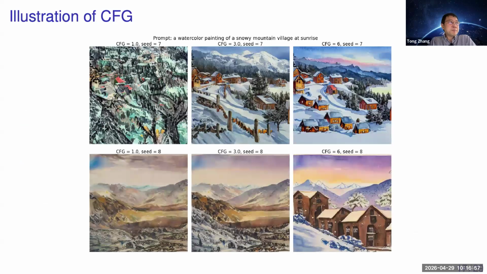And here is an example. So 6 actually is not bad. This is not high enough. I didn't use too high. Maybe I should give you some 10, 12, but you can try yourself. The code is there. In this one, they use the same seed. Seed actually matters, as we will see later. Basically, the prompt is, say, a watercolor painting of a snowy mountain village at sunrise. If you look at that,